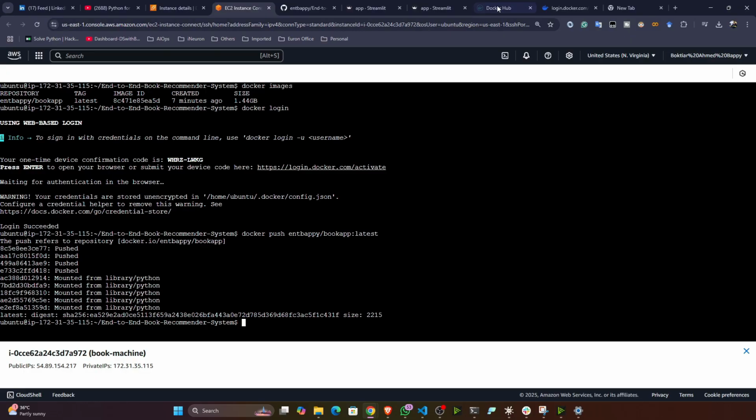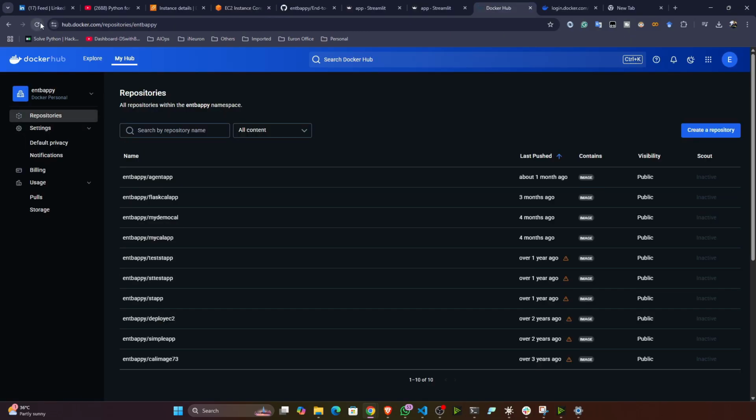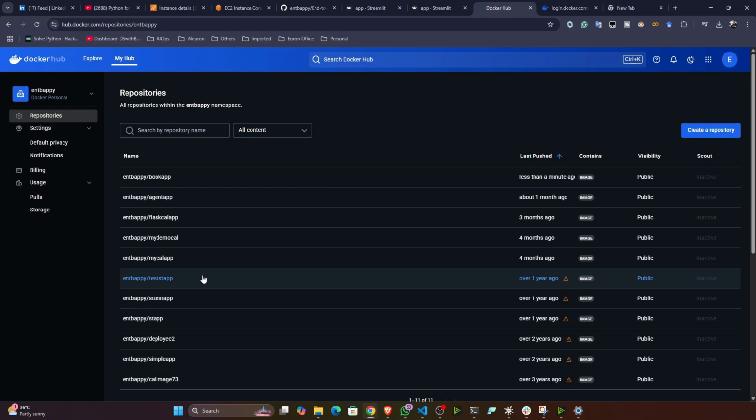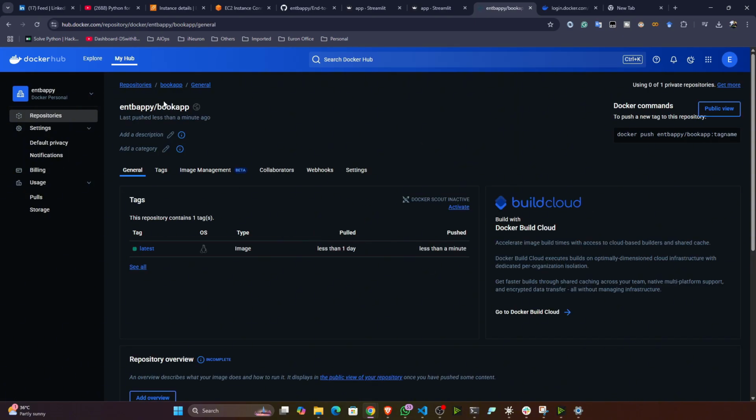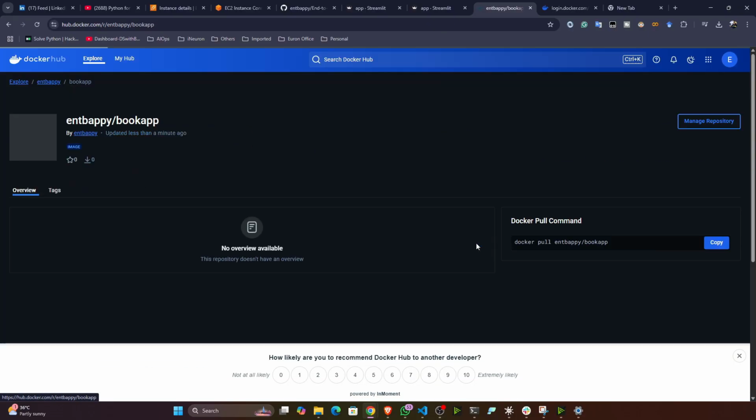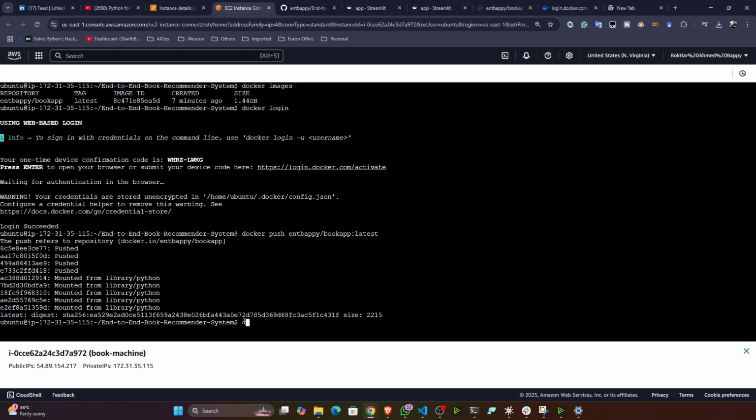Now it's done. Now if I go back to my hub and if I refresh, now see book app is there. Okay, only less than a minute ago. And now if I want to get this particular container or image, if I show you the public view, this is the command. Okay, first of all, let me delete my image because I already have the same image. So what I will do, I'll just write docker